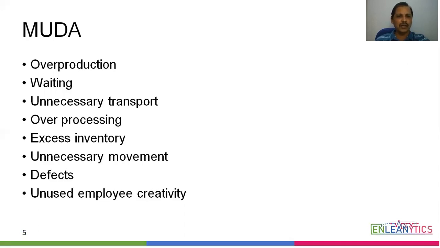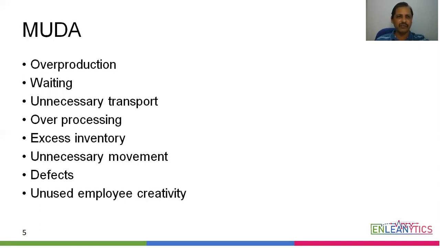Inventory is also another deadly waste because we keep supplies which may be more than what is needed. And the operators and employees in organizations keep spending a lot of time on searching activities, which is nothing but motion waste. Then producing any item, whether it is a product or service, which is not according to the customer specifications, is called defect type of waste.